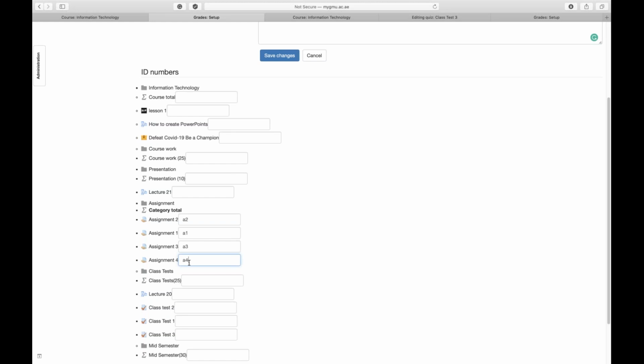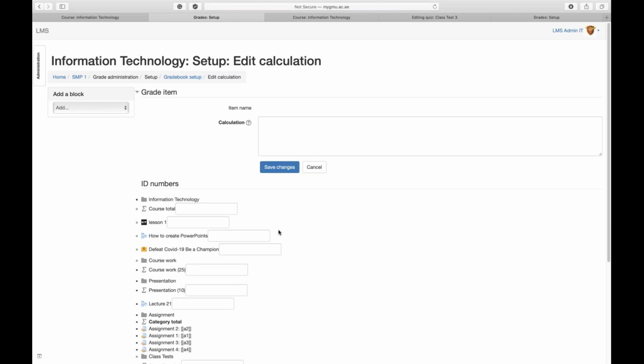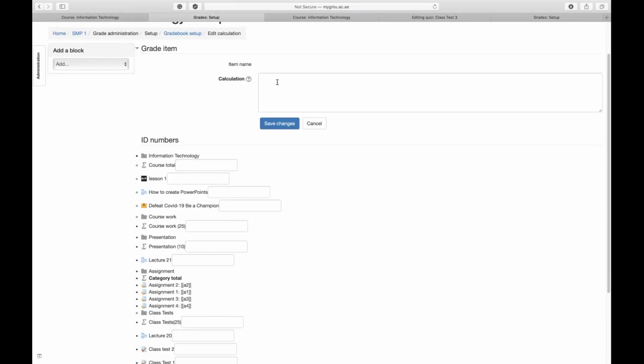Okay. Now, after I give the label, I'm going to click add ID. So that's step number one. Before you start the formula, you need to make sure that this is ready. Now you come back here and you will say equal to. So you put an equal to symbol and you put a curly bracket, and then you put 2 square brackets, and then you type A1, close the square bracket, plus, open square bracket, A2, close the square bracket, plus, because when you give a label, even though you didn't give the square brackets, that's how Moodle accepts it. So you should have the same